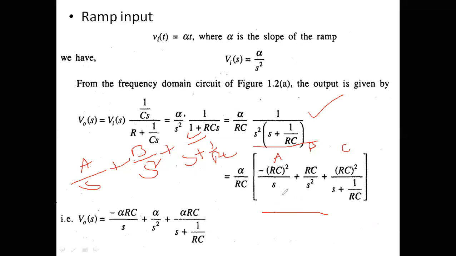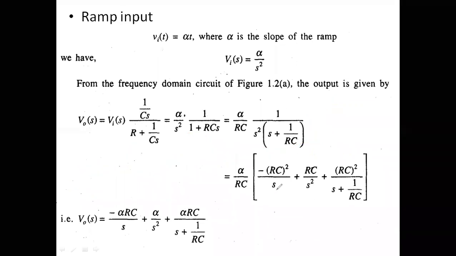For this one, if you take the inverse Laplace transform, you may get our output voltage in terms of time. This is in terms of frequency, in the S domain. Generally, we want it in the time domain. Therefore, for the time domain, you have to take the inverse Laplace transform. The inverse Laplace transform of 1 by s is nothing but 1. 1 by s square is nothing but t. 1 by s plus a is nothing but e power minus at, where a is nothing but 1 by RC. Like that, we may go for the inverse Laplace transform for this expression.